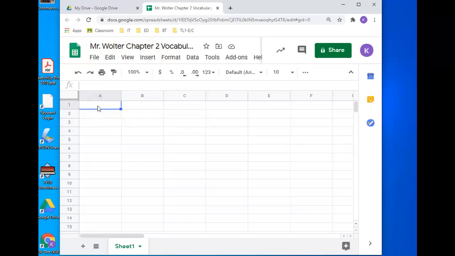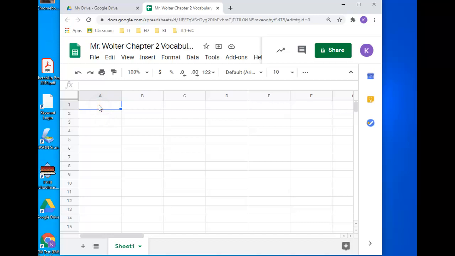Now, if you've never worked with a spreadsheet before, you can use your arrow keys. A spreadsheet is made up of cells, and there are different cells you can move around in with your arrows. A spreadsheet is a tool used a lot in business, and it's made up of thousands of cells. The cells go way down to 1,000, and you can even add more rows if you need to. It also goes all the way over to column Z. So there are 26 columns, and you can add more columns if you need to. But to begin with, it's 26 columns and 1,000 rows. So there's a lot. Spreadsheets are primarily used for numbers, but for this vocabulary assignment, we're going to be using it for vocabulary